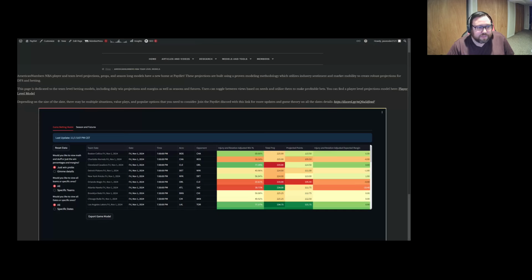Then the other models that we could take a look at, I'm just fixing my browser here. Okay, cool. From there,